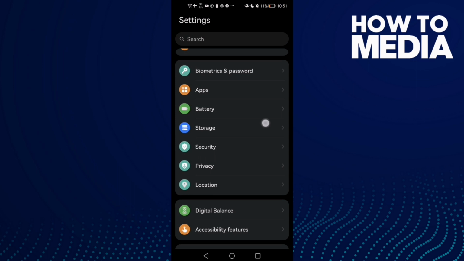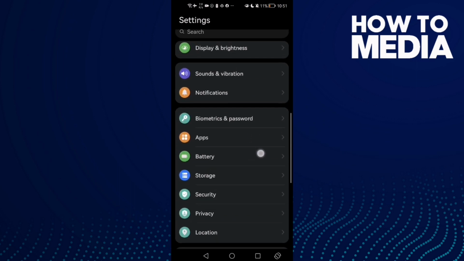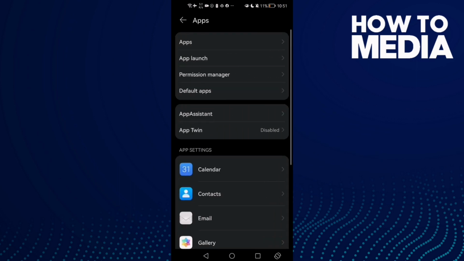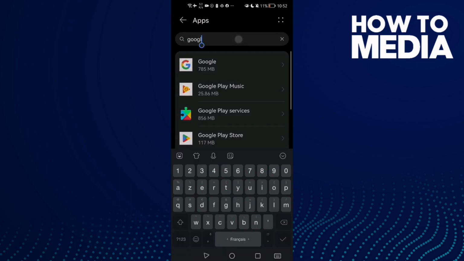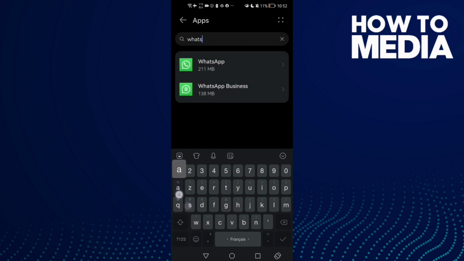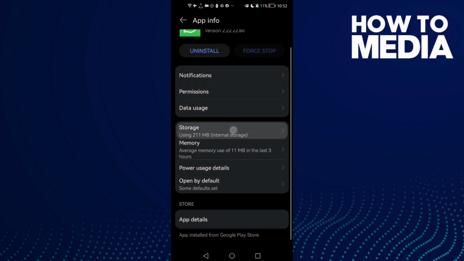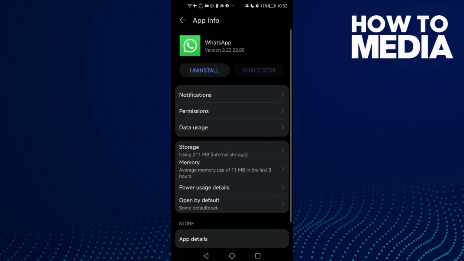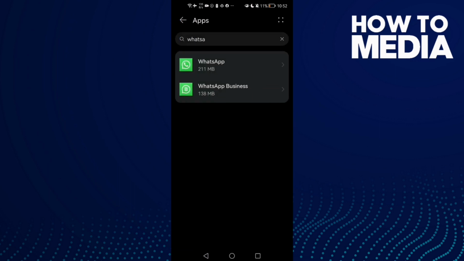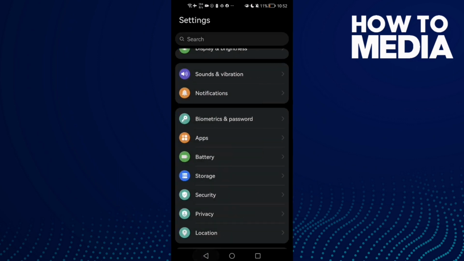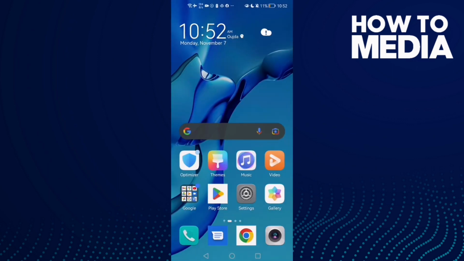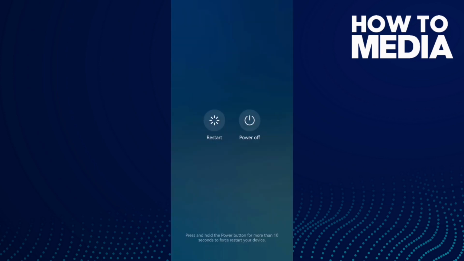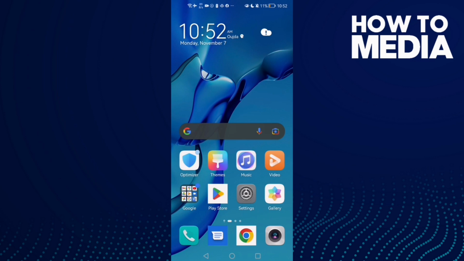First open settings and then go to apps, and now apps again, and here just type WhatsApp, and now go to storage, clear cache, and then just go back and then restart your phone and try again, and that's it, your problem must be fixed. Click restart and go back, try again, and